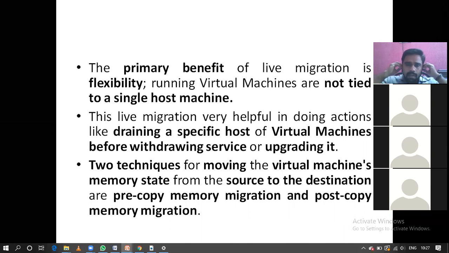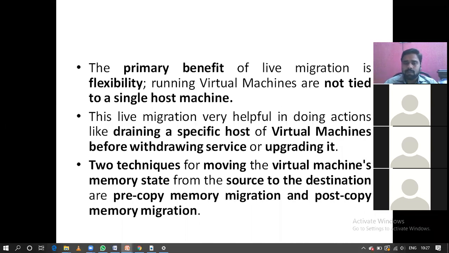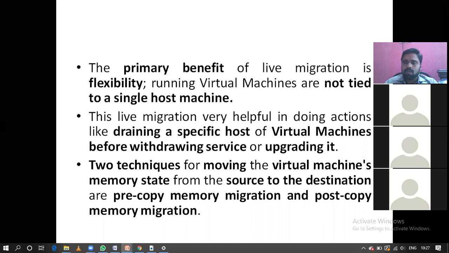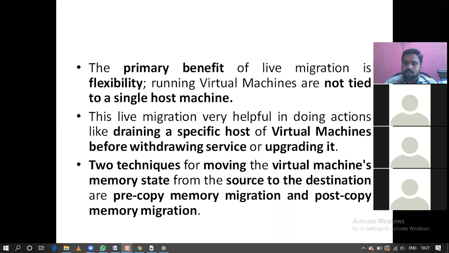Okay, guys, for moving from one virtual machine to another virtual machine, we will use two techniques: pre-copy memory migration and post-copy memory migration.